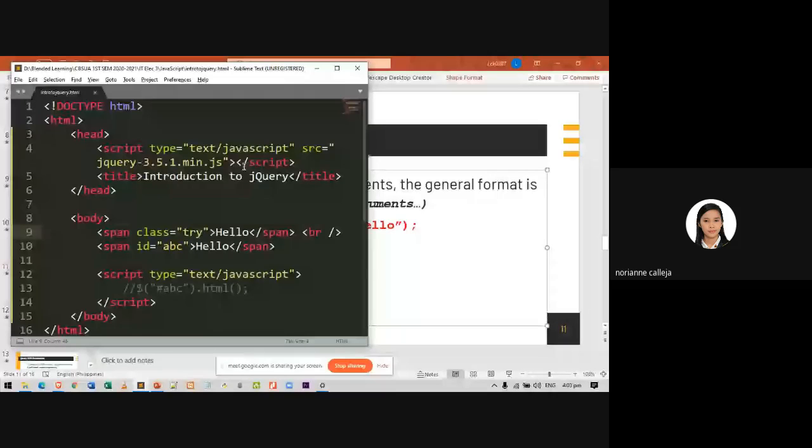Now I will be applying some manipulation. So I selected an element with an ID ABC, meaning this part pertains to this. For HTML, I will be putting here Philippines.